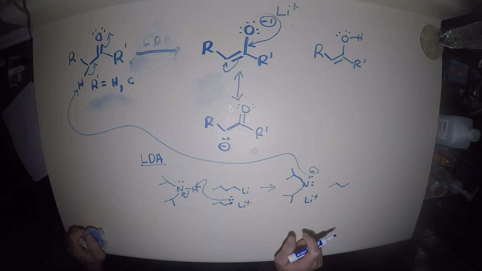I'm going to erase the board, and then we're going to use that same enolate to do an alkylation with any substrates such as a halogen, mesylate, tosylate,